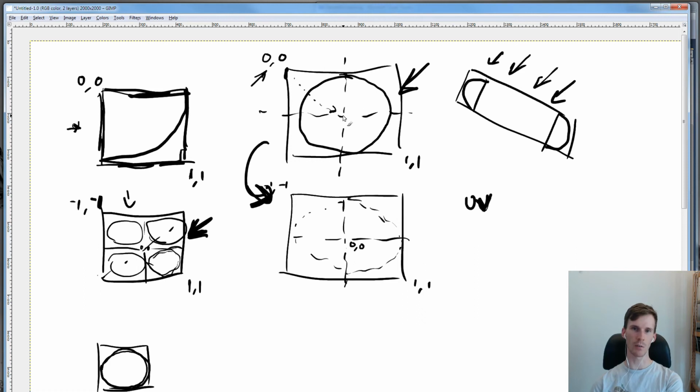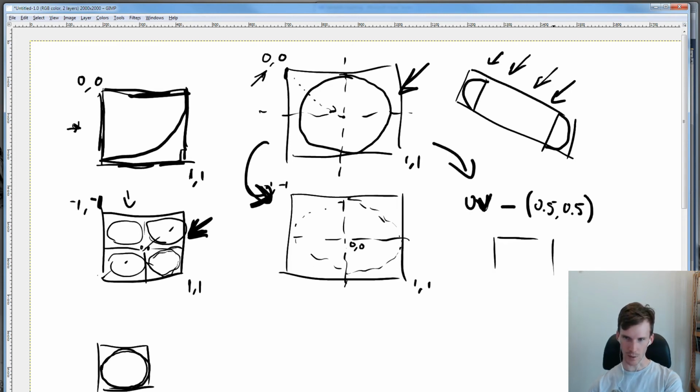So now we're just constructing the transformation that will take us from this -1, -1 to 1, 1 texture space to the same shape appearing in the 0, 0 to 1, 1 space. The first thing we need to do is move the center of our circle from 0, 0 to 0.5, 0.5.